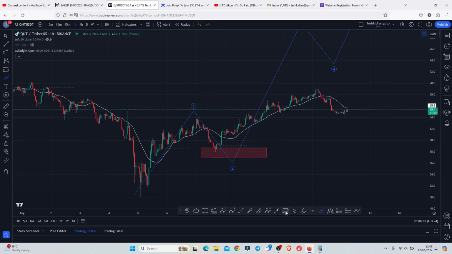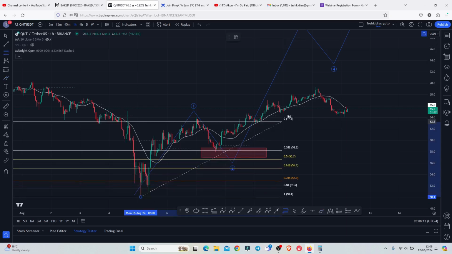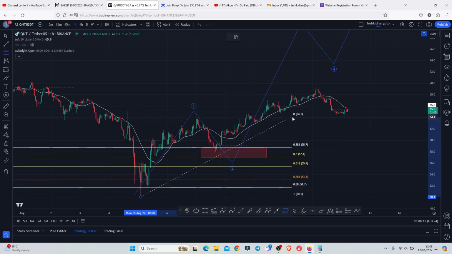whose minimum target areas I have highlighted on the charts using this red target area, which is an area that I came up with using the Fibonacci's, connecting the fibs from the low of the first wave to the high of that Elliott count 1, giving me a minimum pullback target area between the fib level 0.5 and the fib level 0.382, which is an area that gave us a very nice reaction to the upside